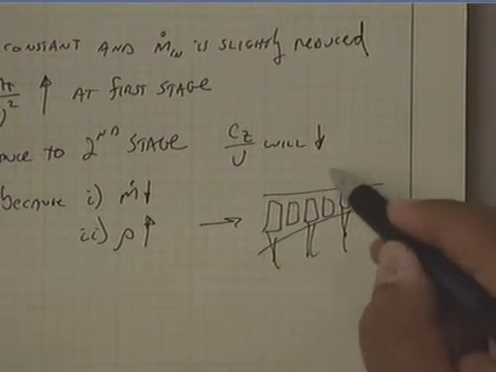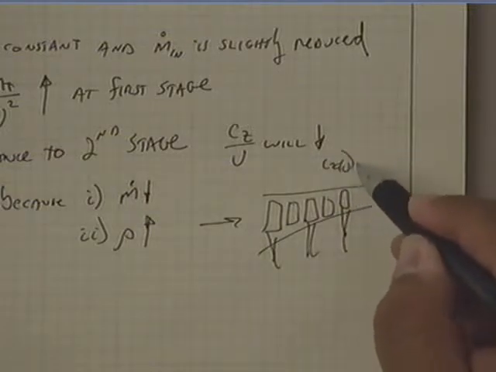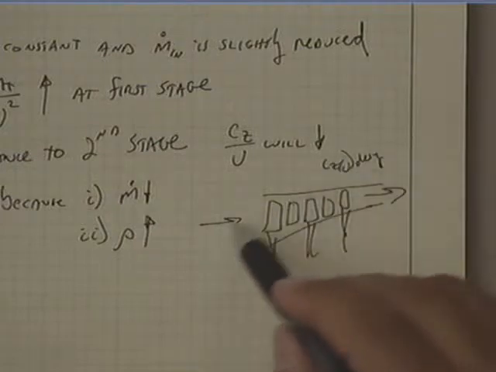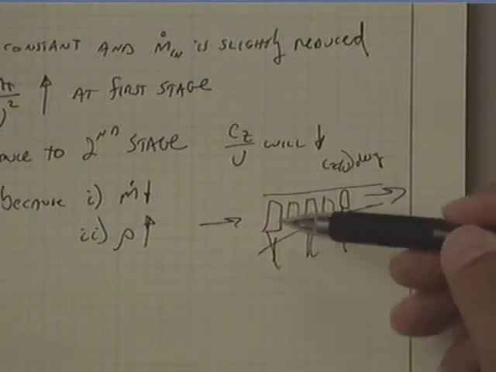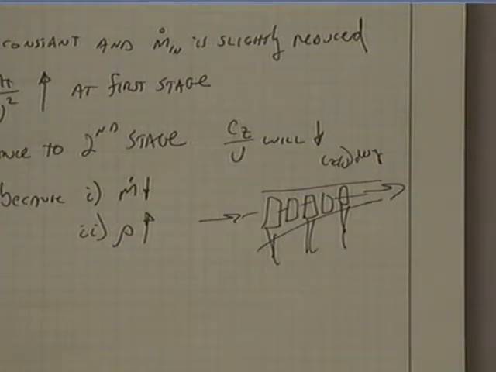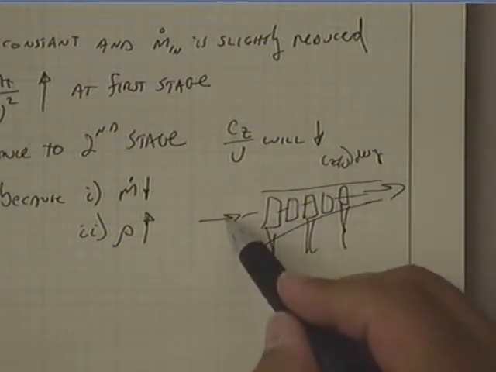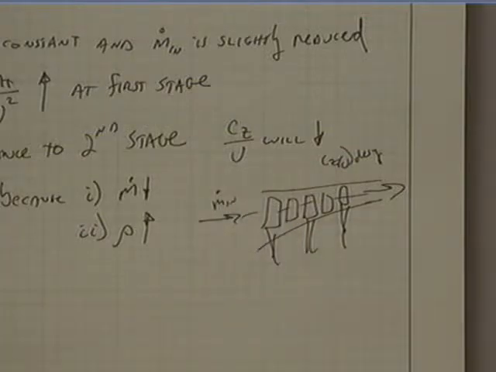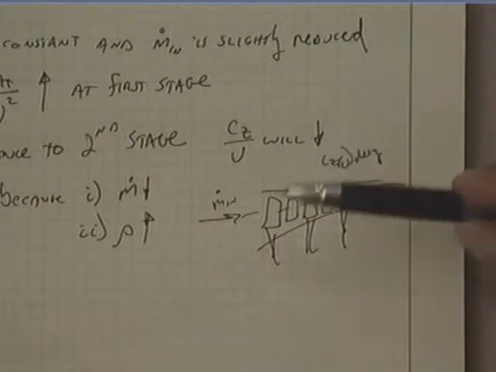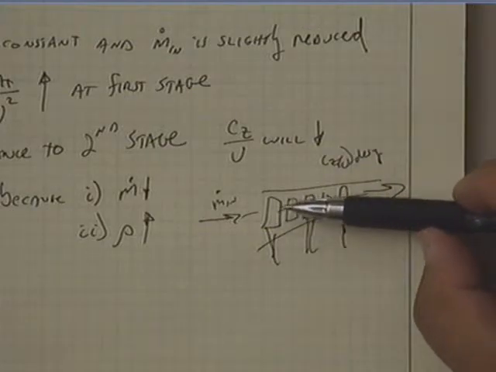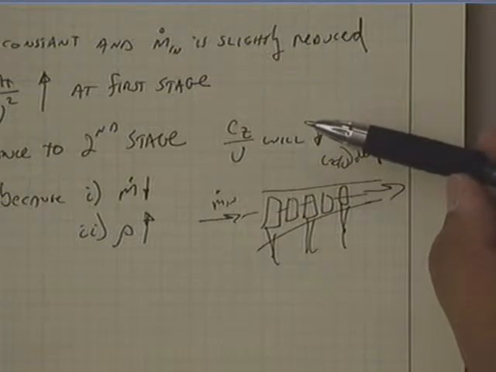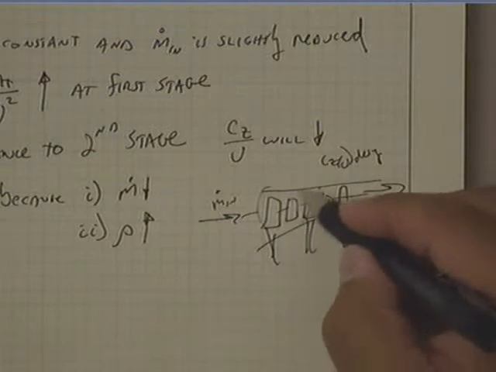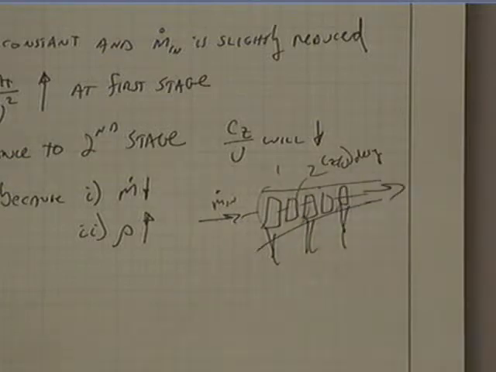And there's some design CZ over U, some axial flow divided by the wheel speed at some design point. And what we're saying is what if this m dot coming in here is dropped just slightly? Well, what's going to happen at the first stage is that there's going to be a slight increase in the work done. And the consequence of that is what goes into the next stage, this is stage 1, this is stage 2, is that